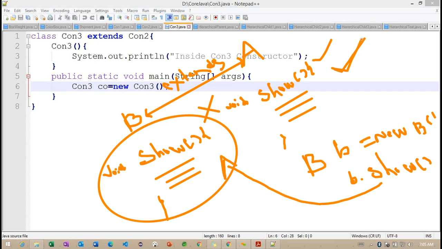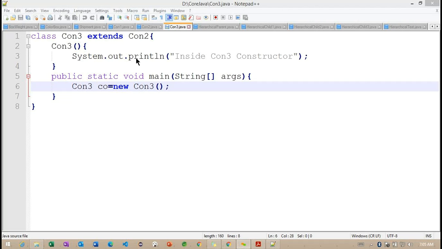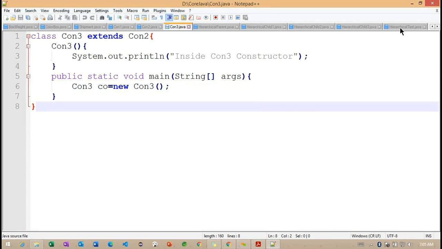Now we need to understand this with an example. Let's see how method overriding works, what its purpose is, and in which scenario we can use this concept.